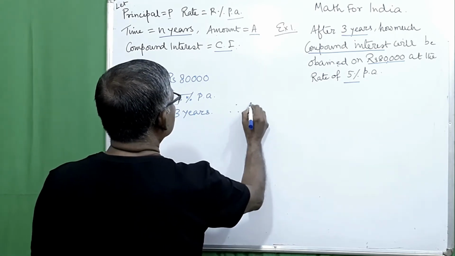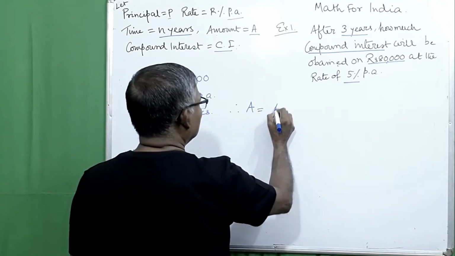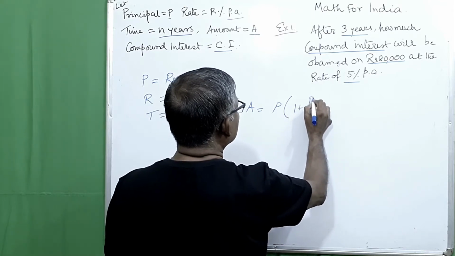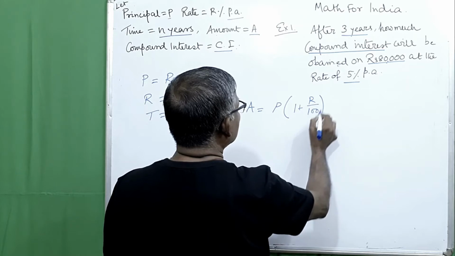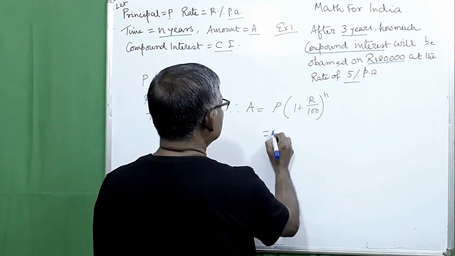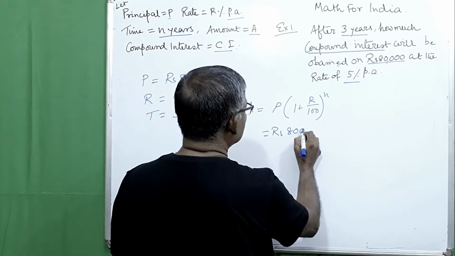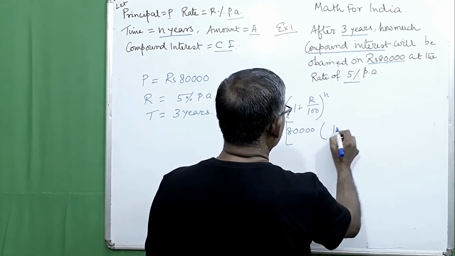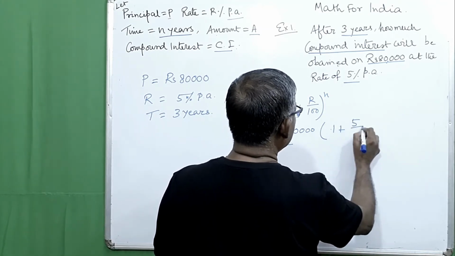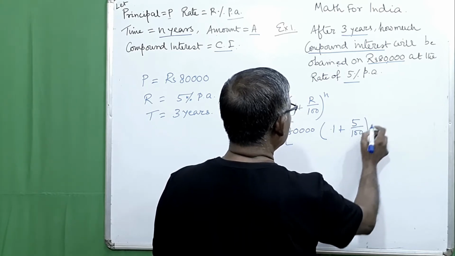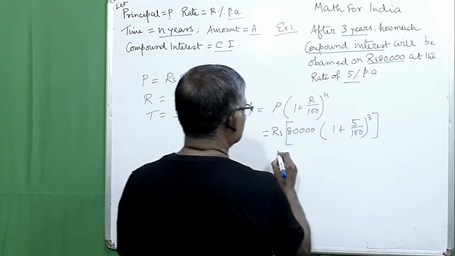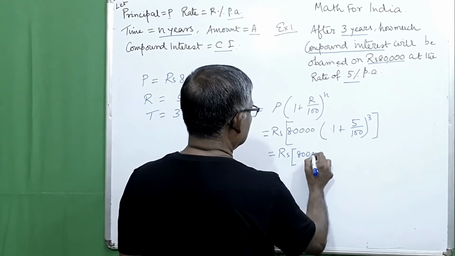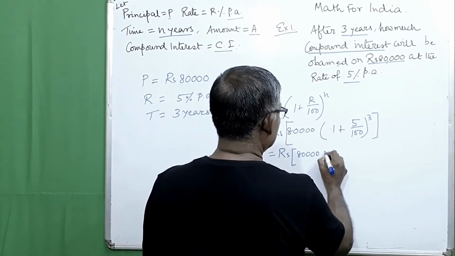Therefore, we know the formula, A equals P into (1 plus R by 100) whole to the power n, that is rupees 80,000 into (1 plus 5 by 100) whole to the power 3, equals rupees 80,000 into